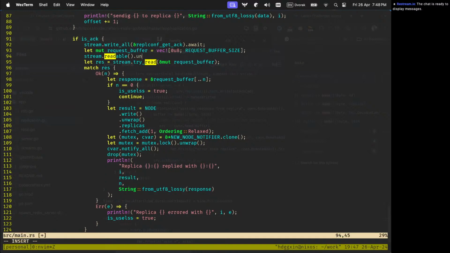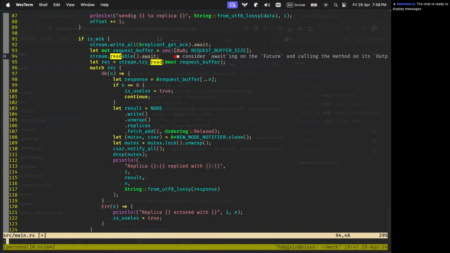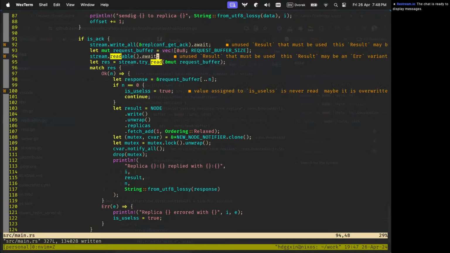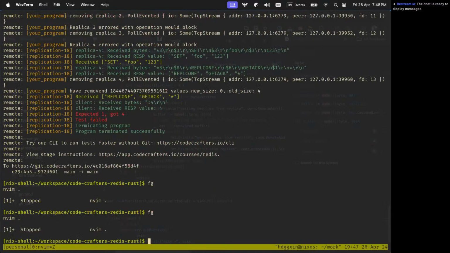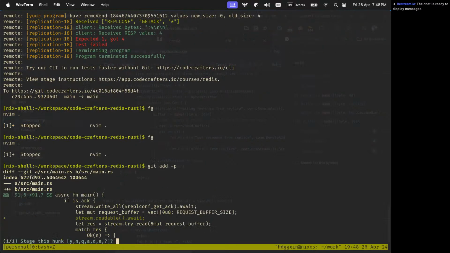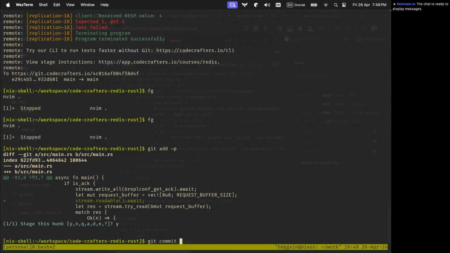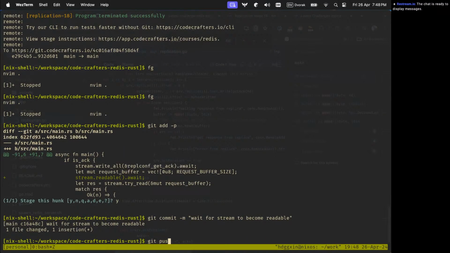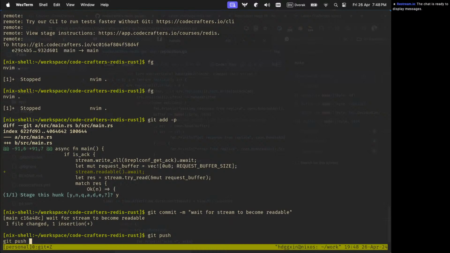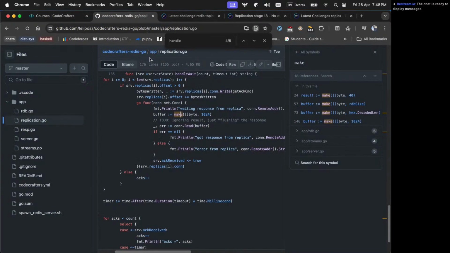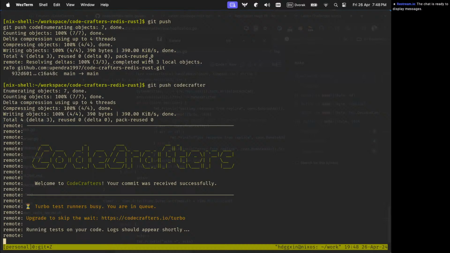This is await. Okay, let's see. git add -p, wait for stream to become readable, git push codecrafters. Okay, so let's see how it goes.